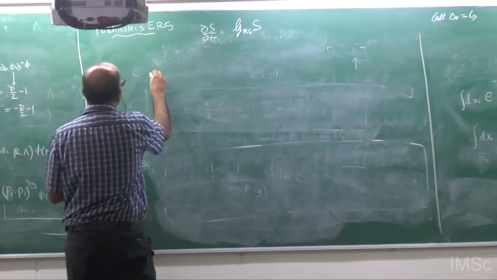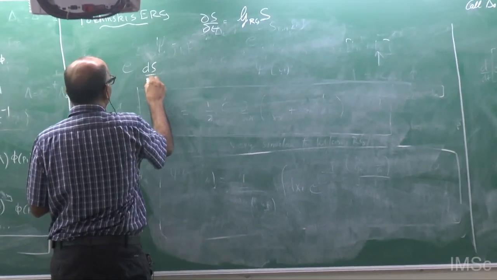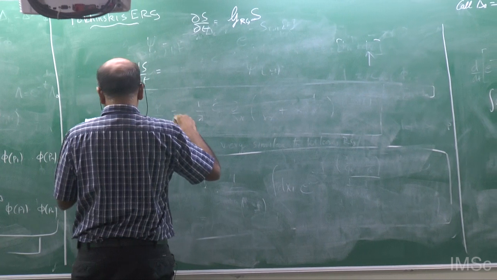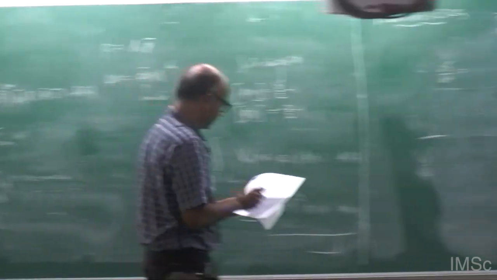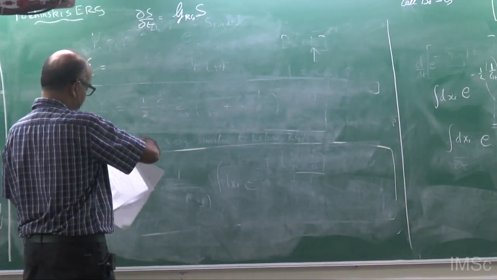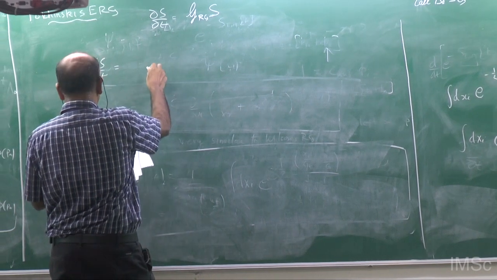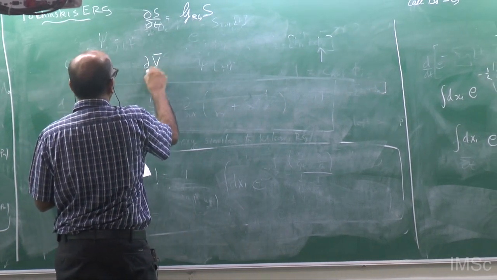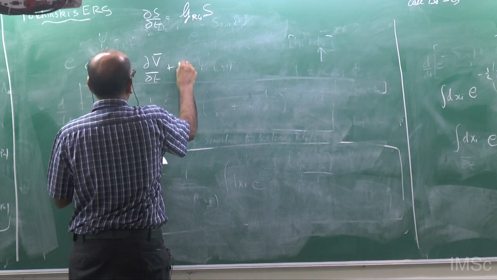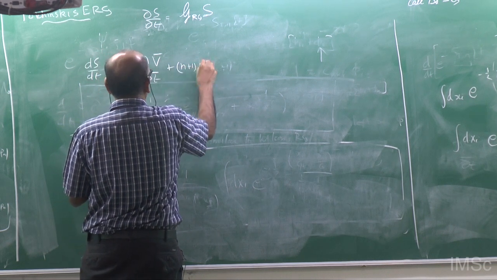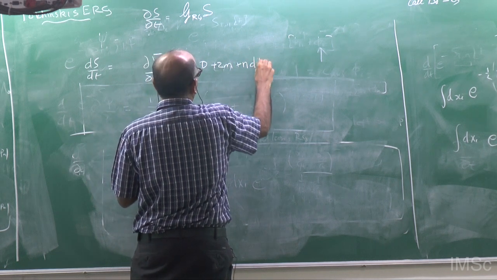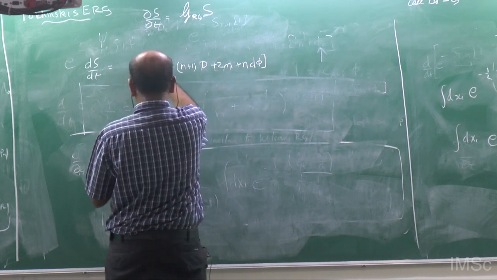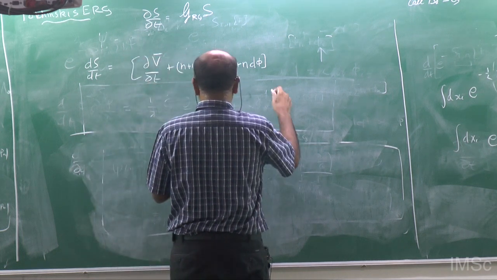So our equation becomes dS/dt; the original RG had this, so I'm going to write it in terms of this. This will be dV bar/dt plus (n minus 1) d plus 2m plus n d_phi, times